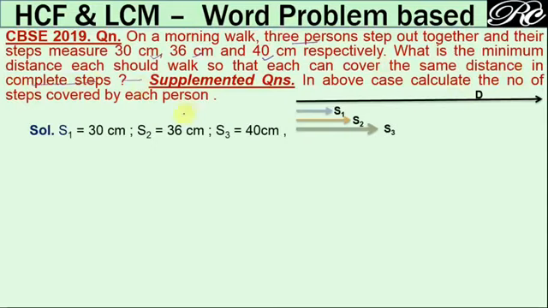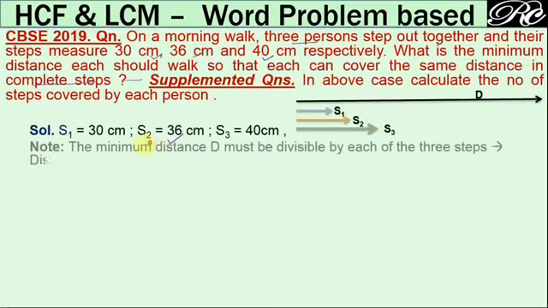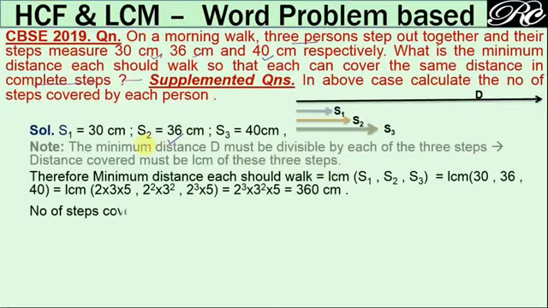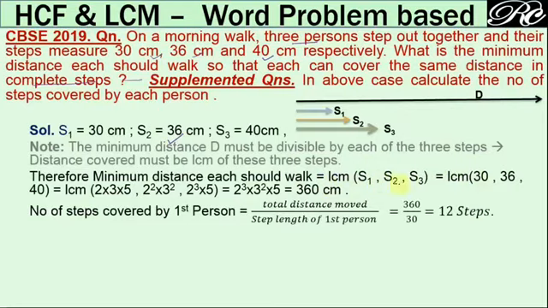So like the earlier question, the required minimum length will be the LCM of the step length of these 3 persons. So it is equal to LCM of 30, 36 and 40. It comes out as